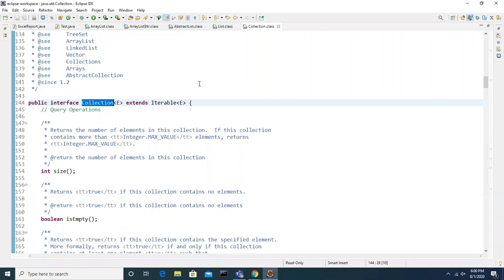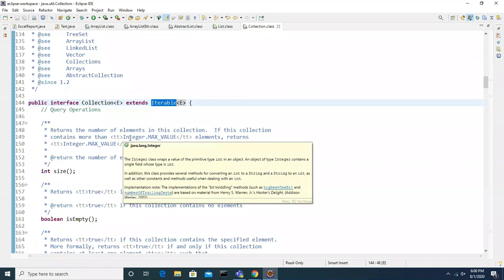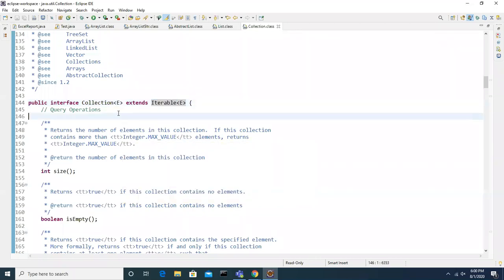It is internally implementing List and Collection, but Collection is extending Iterable. So Collection is extending Iterable. What is this? It is also an interface. Can we extend one interface to another interface? If you follow my interface concept class, then you can understand.